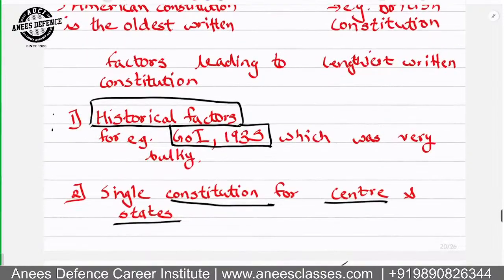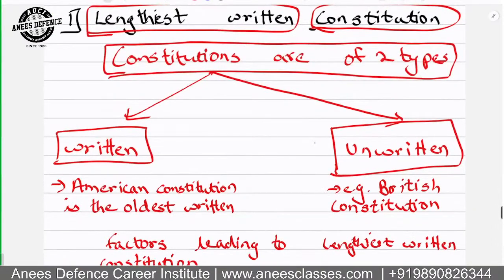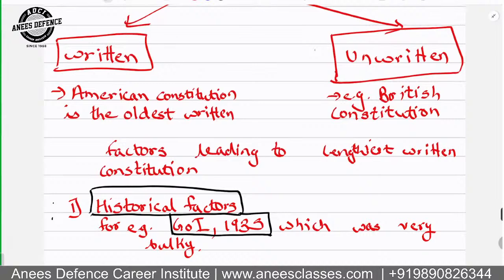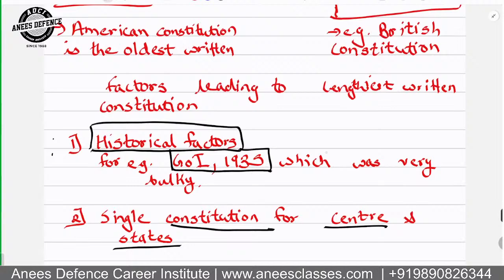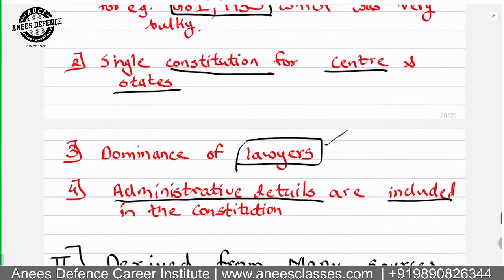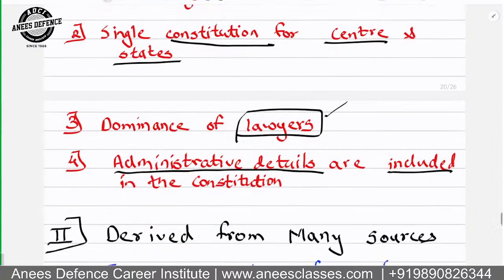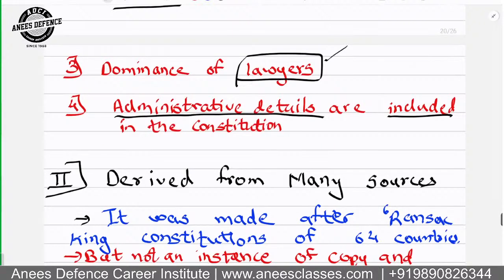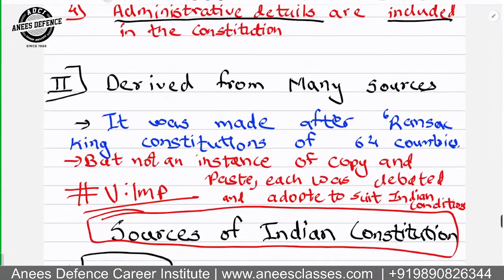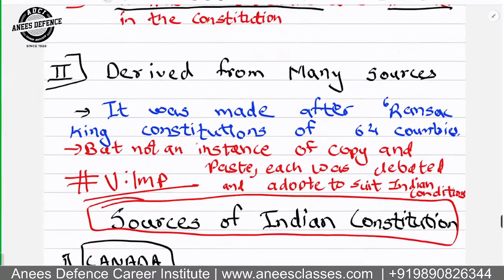Similarly, the Constitution of India is the lengthiest written constitution of the world. So, four major factors were responsible for this. Historical factors that I had explained yesterday. We have a single constitution for the center and the states. Then we had seen that administrative details are included in the constitution itself. And another important thing is the Constituent Assembly was composed of lawyers. Now, then we had diverged to the